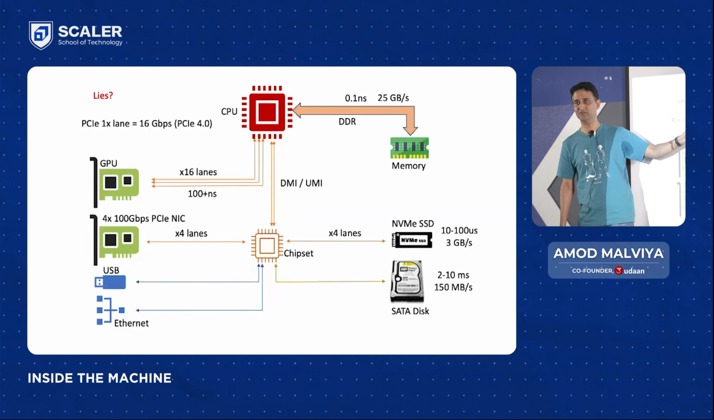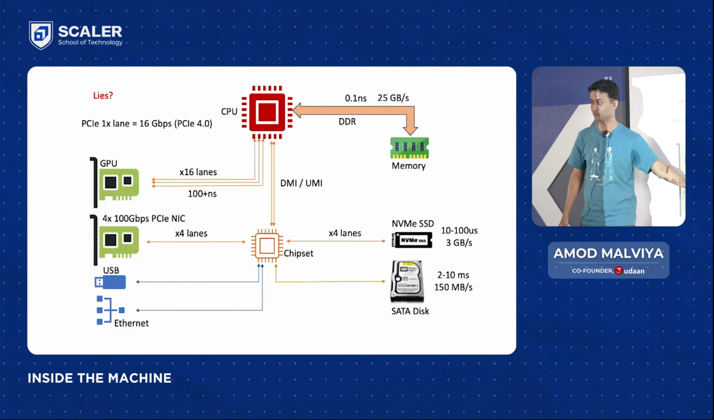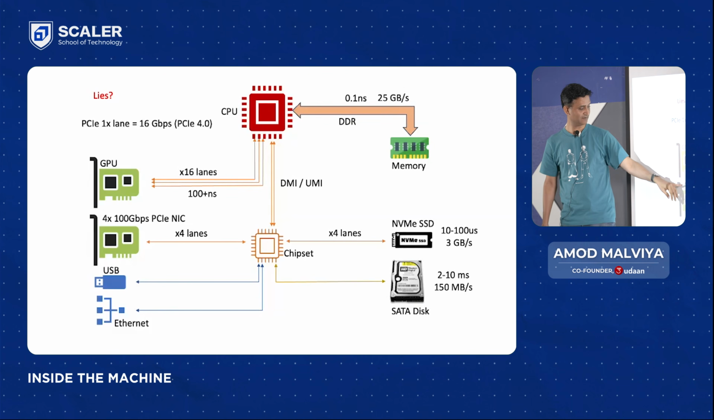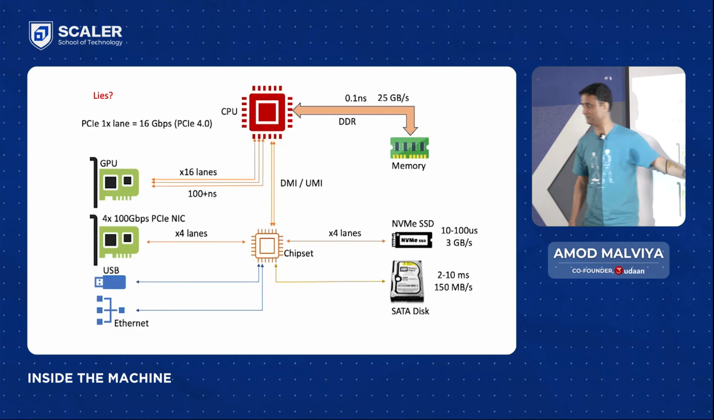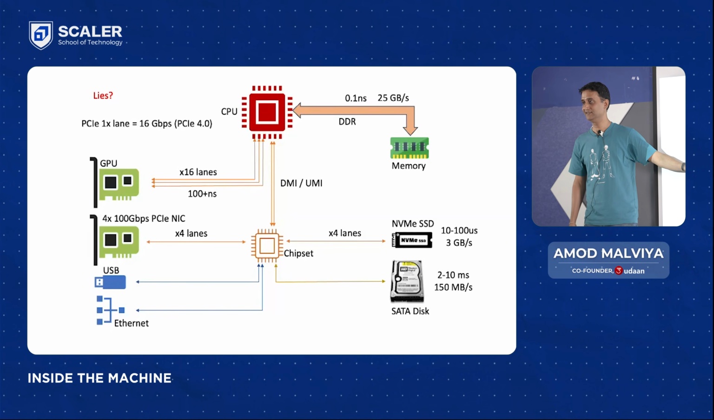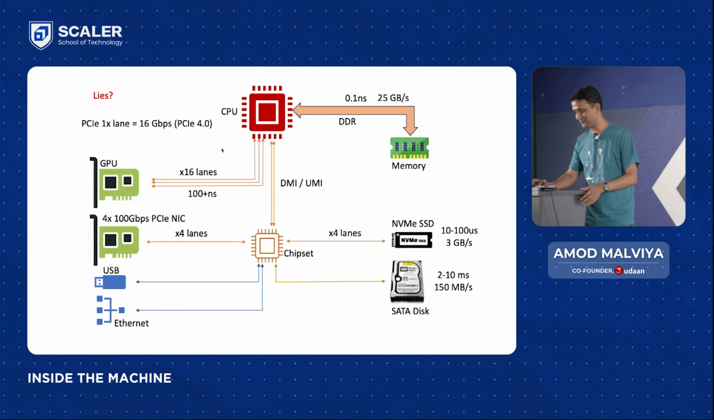8 gigabyte per second. 2 gigabyte per second per lane times 4, 8. Whereas how much do I need? 50. So forget about this. It will break right here, right? Okay, good. You found the first